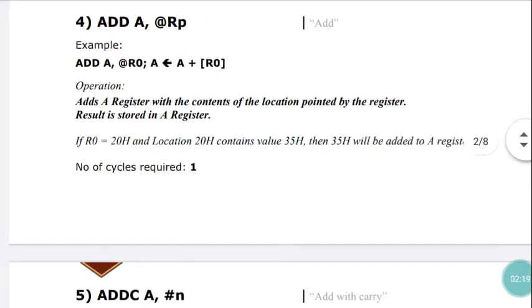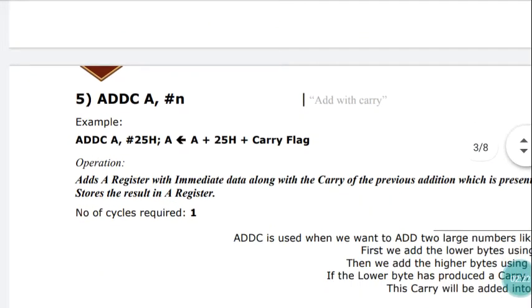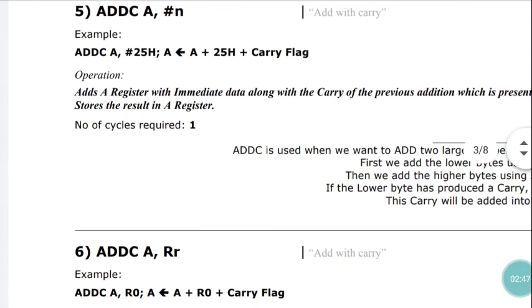Next, we can see the instruction. Until now we performed only addition without carry. Now the next instruction is addition including carry, where carry is also added. If you see the instruction, ADDC A, #25h, as the 25 value is directly given in the instruction and hash is present, that is the data, not the address. We can say that A value is added with the value 25 and also the carry flag is added. After adding all these three values, the result is saved into the accumulator register.